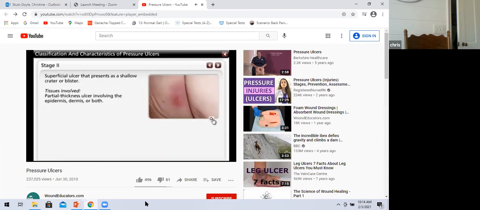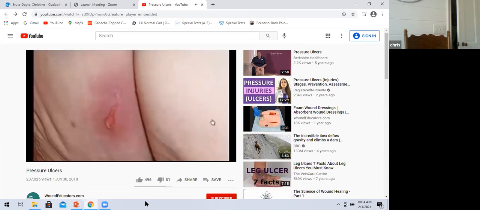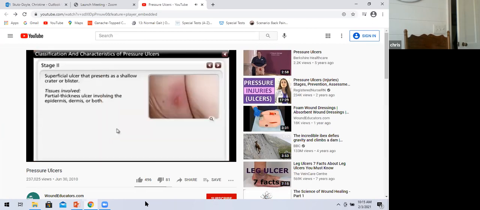A stage 2 pressure ulcer is characterized by partial thickness loss of the dermis, presenting as a shallow open ulcer with a red-pink wound bed without slough. Others may present as an intact or open or ruptured serum-filled blister. This stage should not be used to describe skin tears, tape burns, perineal dermatitis, maceration, or excoriation.